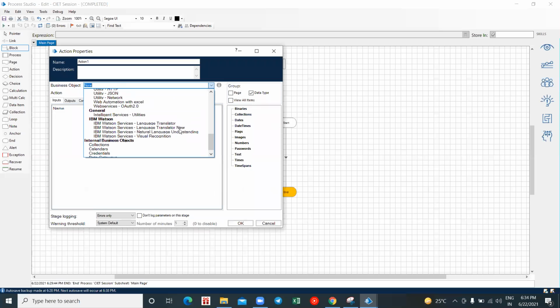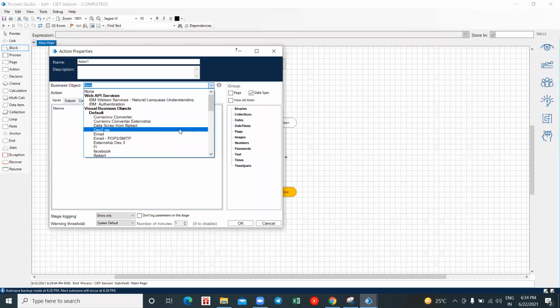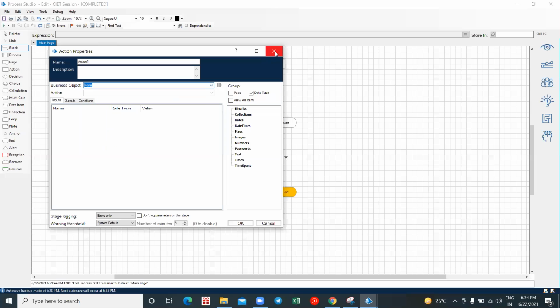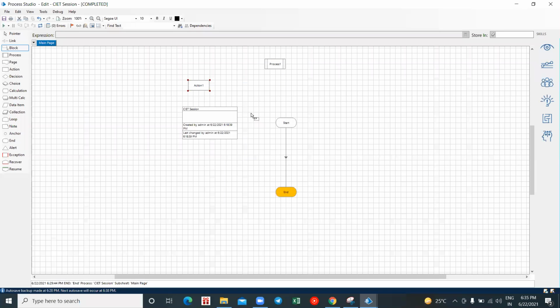So here it is. With this help, I connect my process and object studio, and then I publish that particular digital worker to my control room. In connecting both different studios, that is your process studio and your object studio, we make use of this action stage. Okay, and then we have a decision stage.